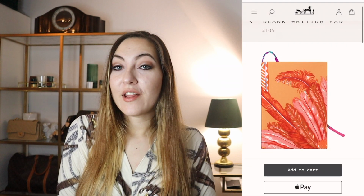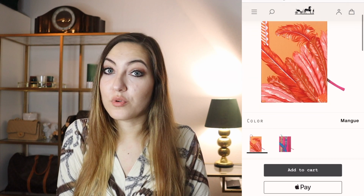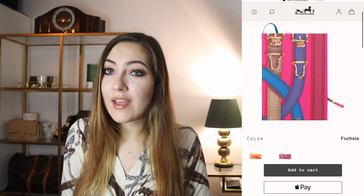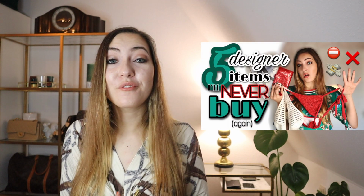For $105 you can have an amazingly beautiful notebook with a silk cover. But note here that the silk is selected random and the item you get might not look exactly like the ones on the website. As I told you in my video of 5 designer items I would never buy,